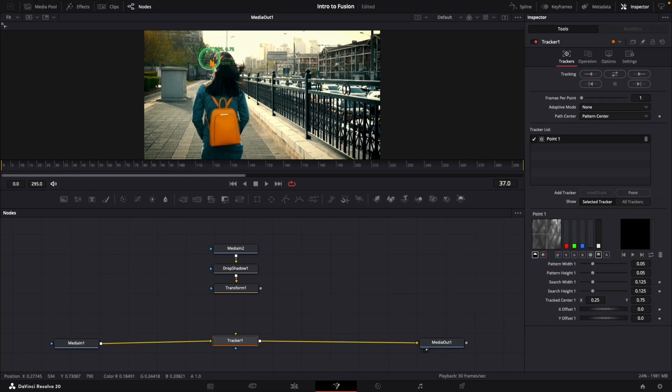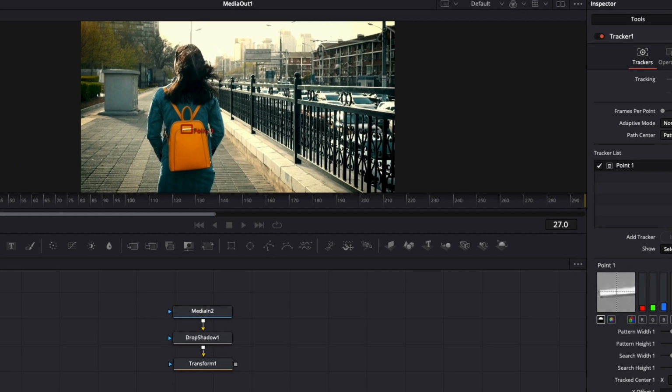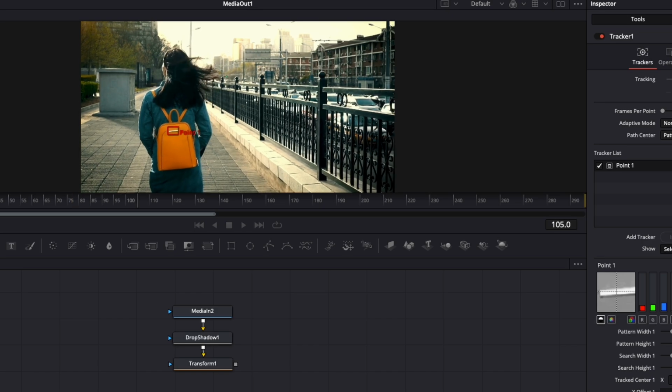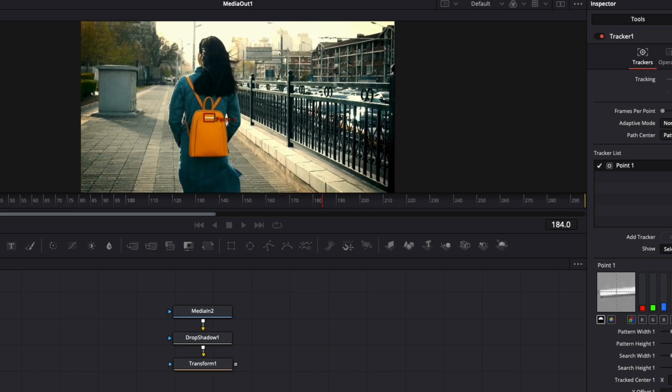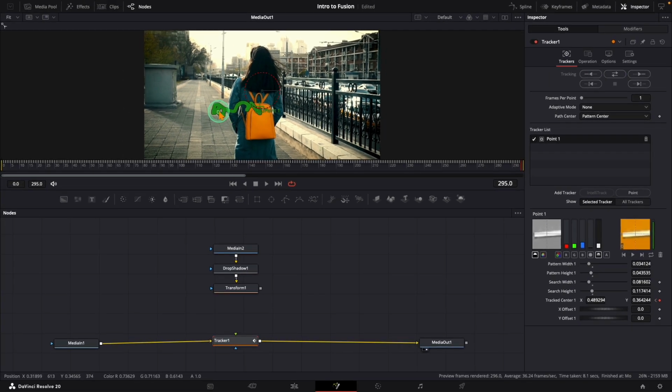Alright, let's adjust the tracking point. Go to frame 0 and place the tracking point somewhere on the backpack. Then in the Spectre panel, just click Track Forward. You can see the tracker is following the backpack perfectly. Now that the movement is tracked,